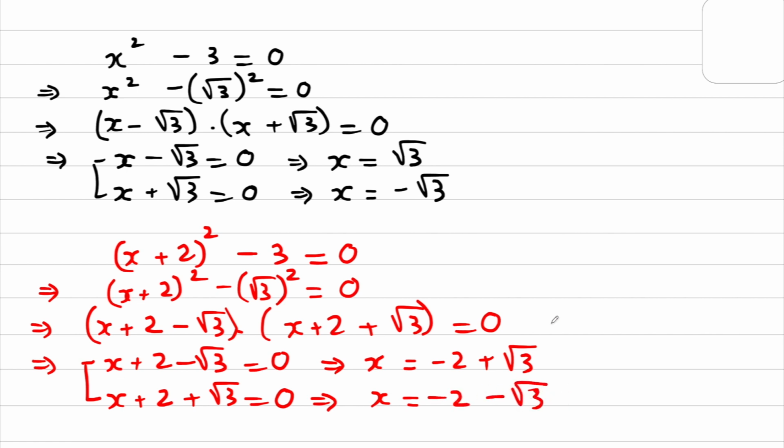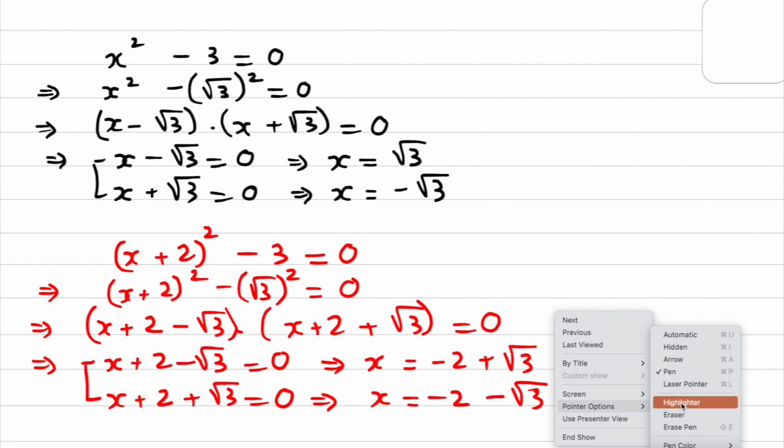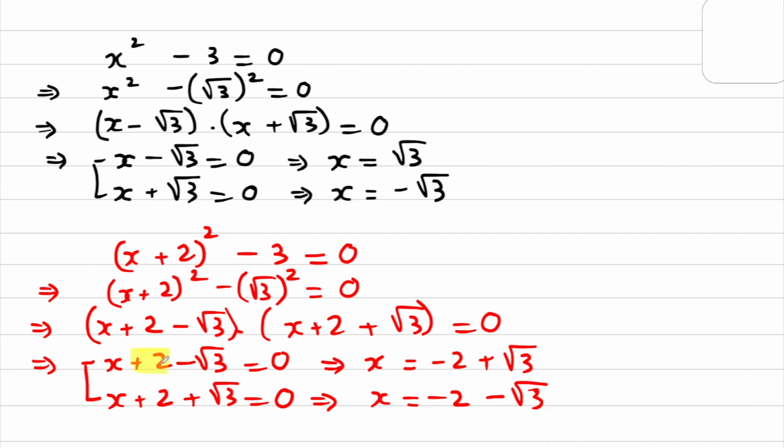Why do you have these solutions? Because I move plus 2 from the left-hand side to the right-hand side. It becomes minus 2, and minus square root 3 on the left-hand side becomes plus on the right-hand side. The same idea as with this pair, and then you get this solution. Okay,